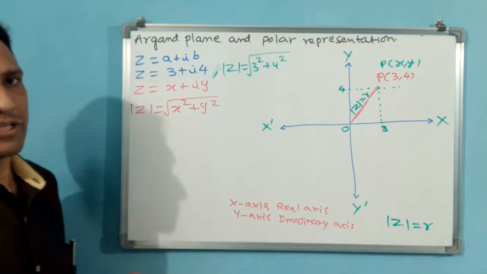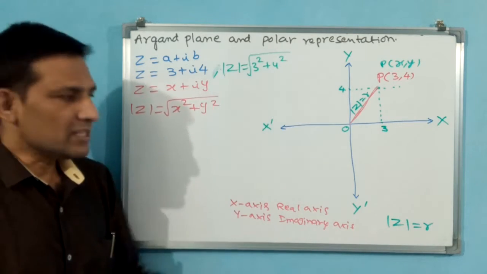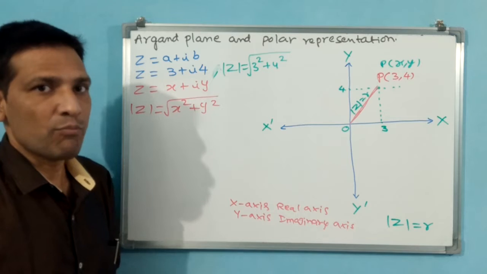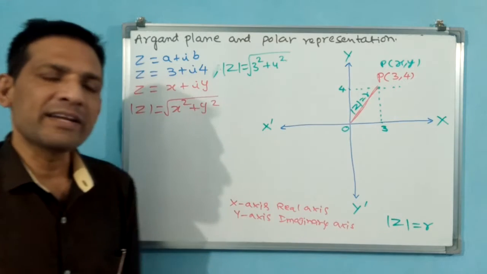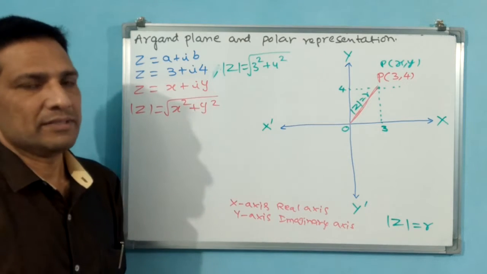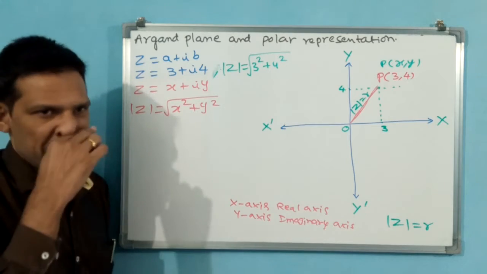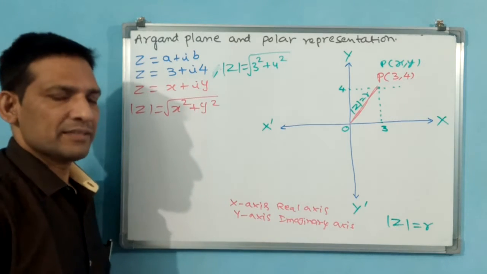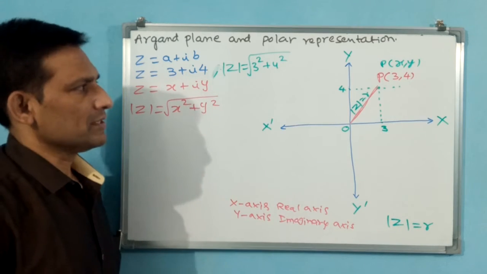You have to represent it with r because we are going to change this notation for polar representation. If you want to enter polar representation, then you have to take modulus z as r. Now, is this r ever positive or negative? Always positive, because this is the hypotenuse. Modulus will always be a non-negative real number. It may be 0, but it cannot be a negative number. Always r is a positive number only, because it is a modulus.